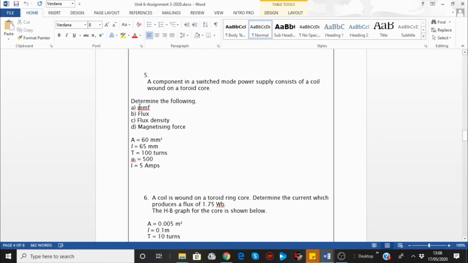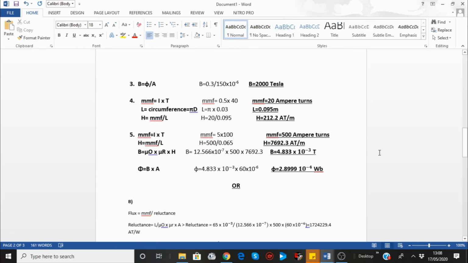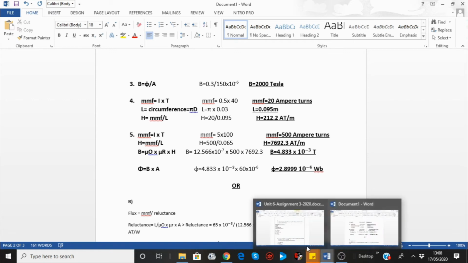You're finding MMF and then magnetizing force, because it's easier to find it that way. So that's another way to do it. H is MMF over L, and MMF is 500 over L, 0.065, which is 65 times 10 to the power minus 3. That was given in the question,